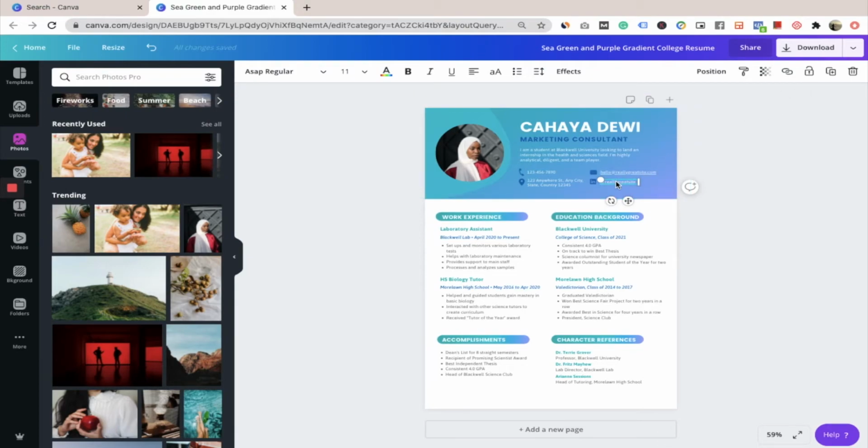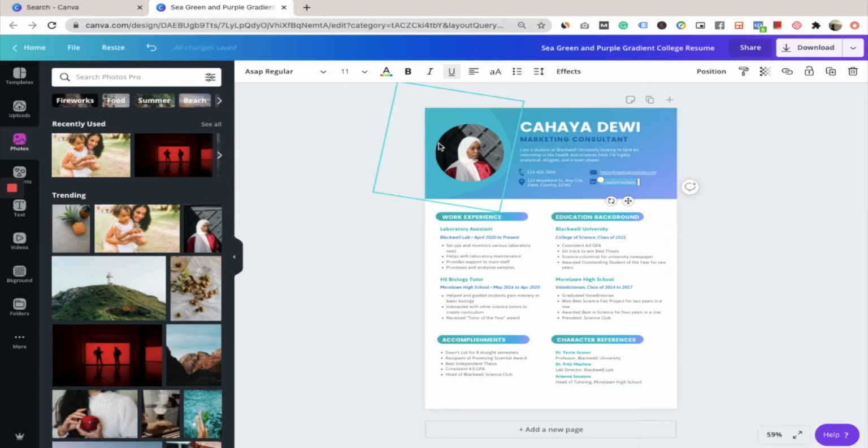So let me do that quickly. For instance, I can put my link that I can show you, linkedin.com/in/it's Devanshu. Once done, it should be a clickable link now. Likewise, you can add all other details.